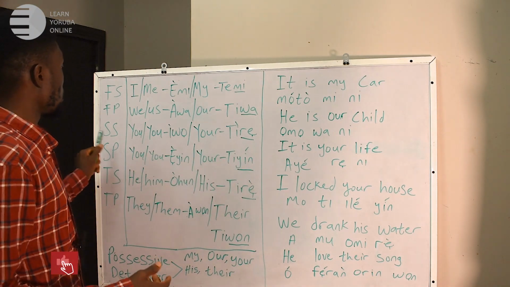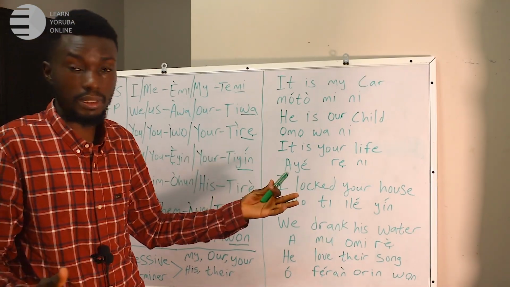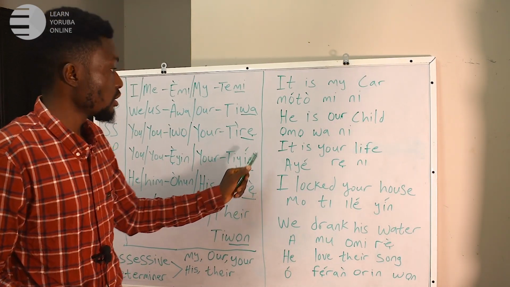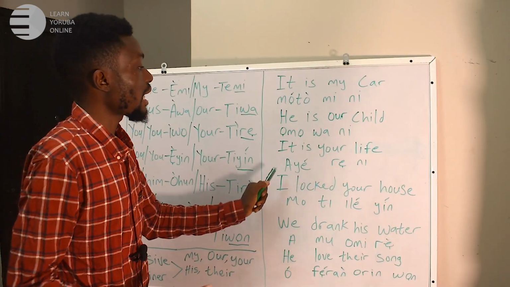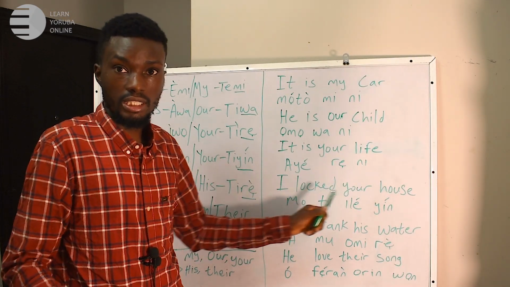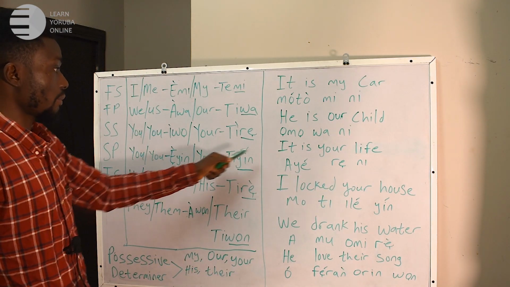And I said that you is tire. And when we want to use it as a determiner, it becomes re. So it is your life. Ayé rẹ ni. It is your life. Ayé rẹ ni. And going further, we talk about